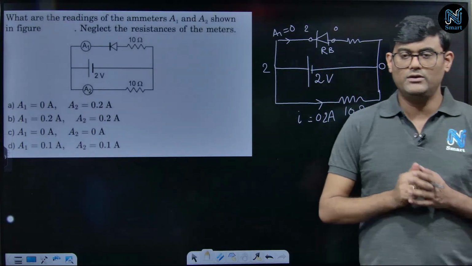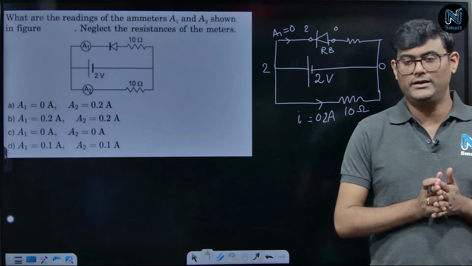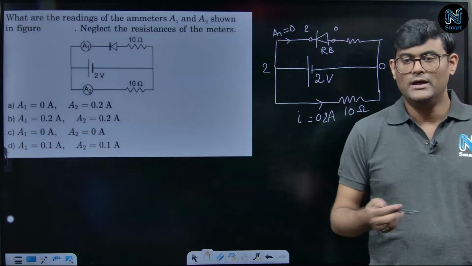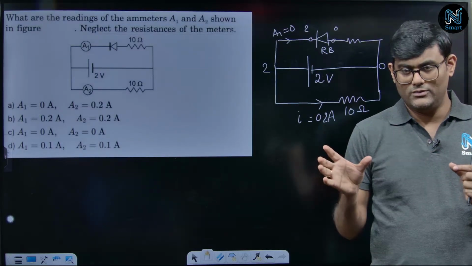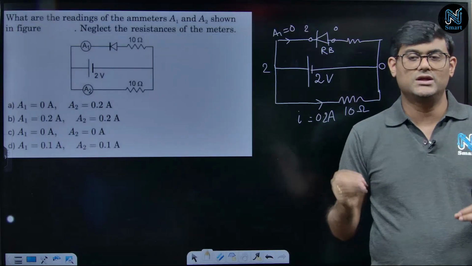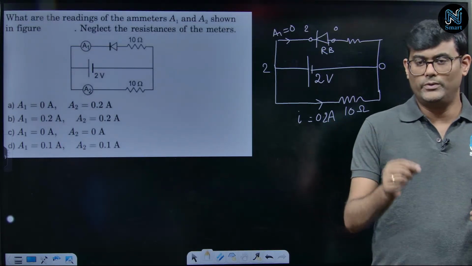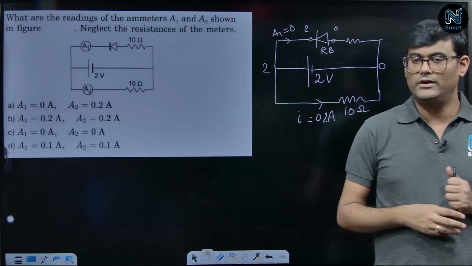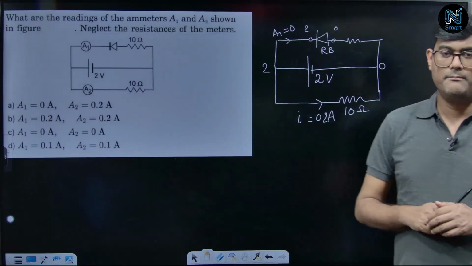এই পার্টিকুলার কোয়েশ্চেন থেকে কি শিখলাম? যদি তুমি কখনো ডায়োডের পোলারিটি নিয়ে বা ডায়োডের বায়াসনেস নিয়ে কনফিউজ থাকো, তাহলে ডায়োডকে উড়িয়ে দাও, সেই জায়গায় একটা ওপেন সার্কিট করে দাও, দুটো পয়েন্টের ভেতরে তুমি পোটেনশিয়াল লেখো। যদি ডায়োডটার নেগেটিভ টার্মিনালটা লো পোটেনশিয়ালে কানেক্টেড থাকে, পজিটিভটা হাই, তাহলে ফরওয়ার্ড বায়াস, উল্টোটা হলে ডায়োডটা রিভার্স বায়াস। এখানে উল্টোটা হয়েছে, তার জন্য ডায়োডটাকে আমরা রিভার্স বায়াসড মেনে নিয়েছি।